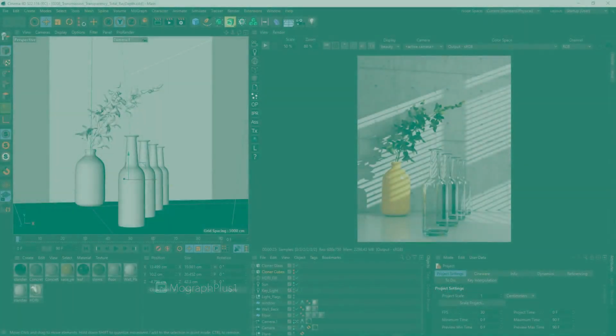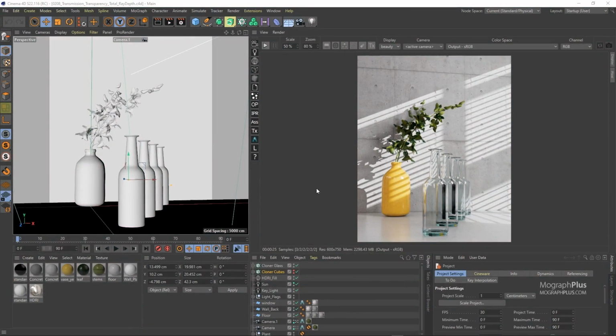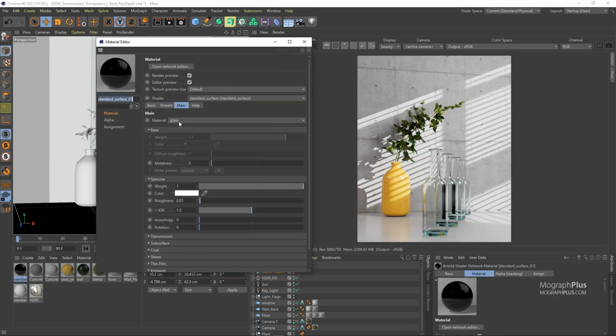Okay, in this lesson, we'll learn all about transmission and transparency ray depth. These bottles have a glass shader applied to them. In the lesson, we discussed transmission samples. I briefly showed you how to create glass shaders using standard surface. You can simply set the transmission weight to 1, or you can just use the glass preset for now until we go in depth in the shading section and talk about all of these parameters in the standard surface